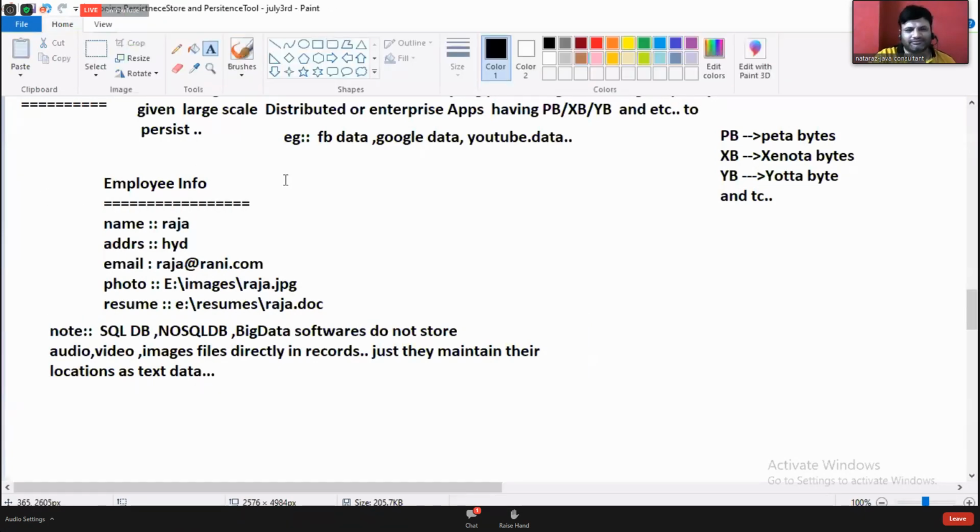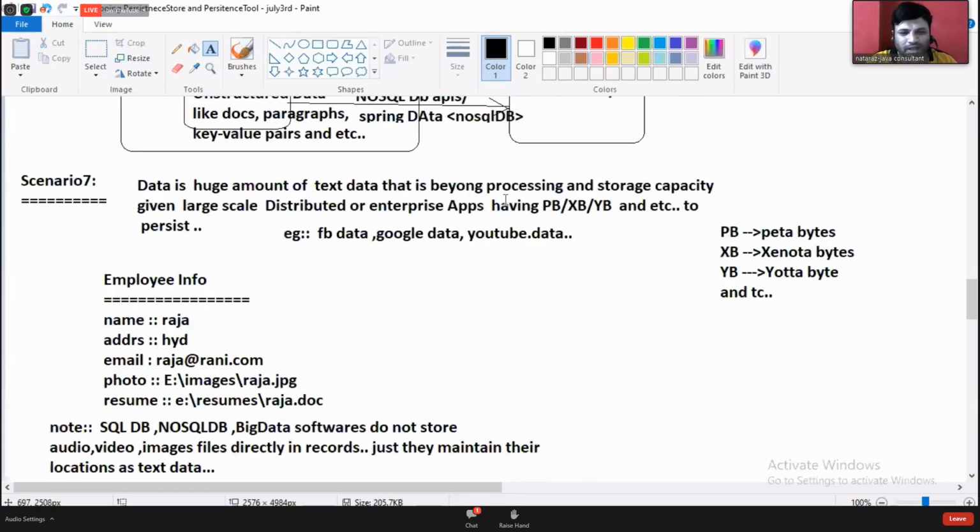Fine, boss. Now listen, big data is not only to process a huge amount of data that is beyond processing or storage capacity, it is also able to store. What is the specialty of big data? It can do all these things by using ordinary computers, not one computer, but racks of computers, a huge number of computers kept in racks, that means a stack of computers.